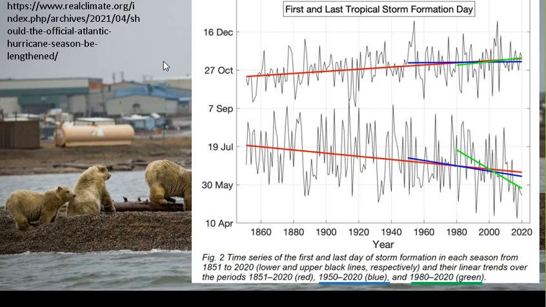It's just getting worse. And you can see that here looking at a graph that represents the date of the first formation of a tropical storm and the last formation. So here's the first formation of a tropical storm throughout the years. Here's the last date. Now we just did some work on linear regression, so this is very timely. This red line is sloping up. That means the date of the last day of a tropical storm throughout the years is growing later and later